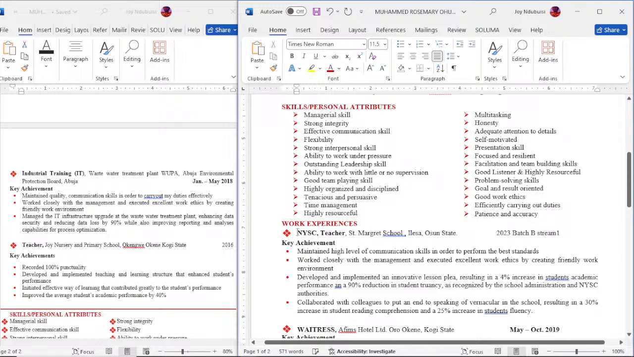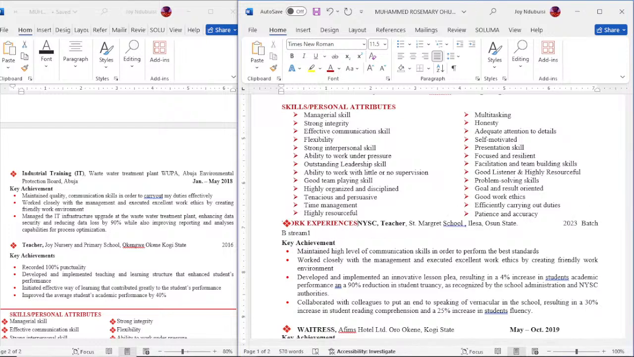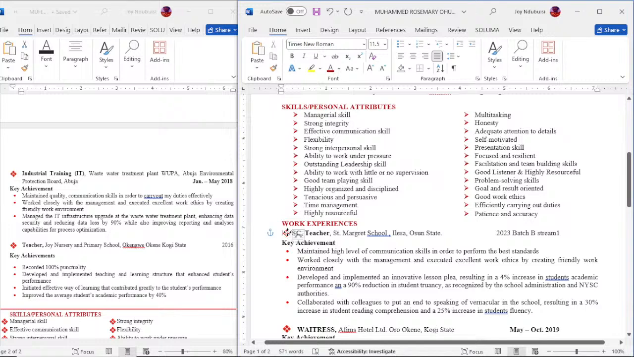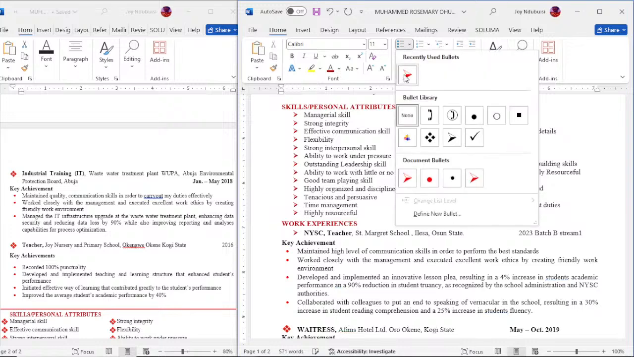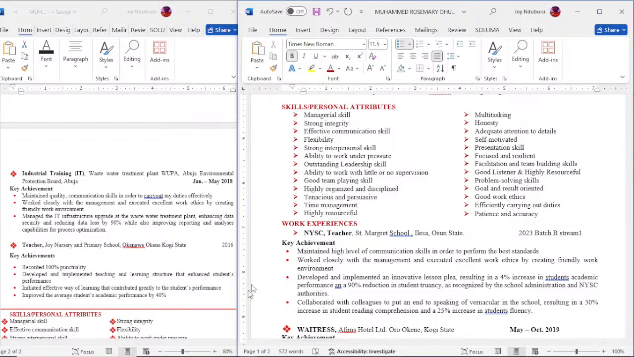So in other words, I will remove this. So on that, I will now come to this place and select the bullet. Now under that bullet, for your work experience, remember, under work experience, it starts with the most recent. And this is the most recent. You have here NYSC teacher, so the school,